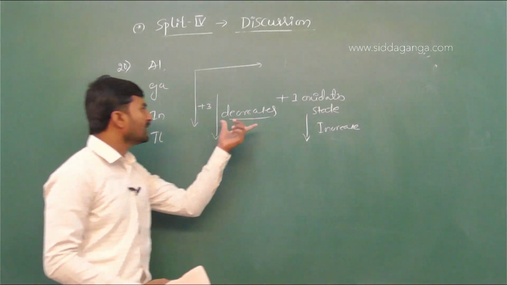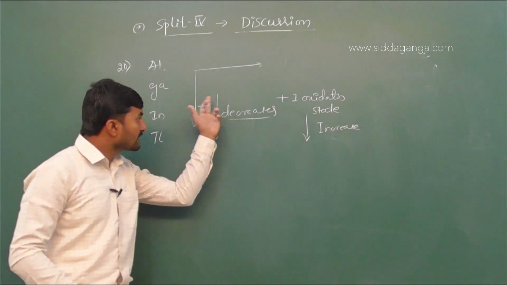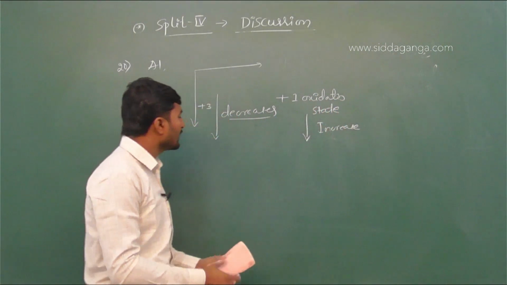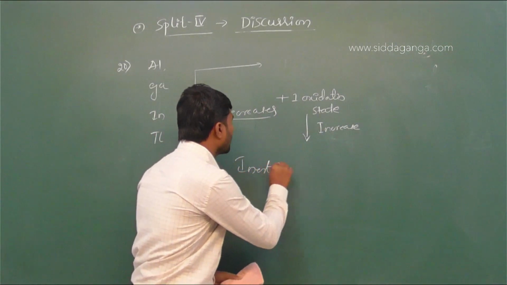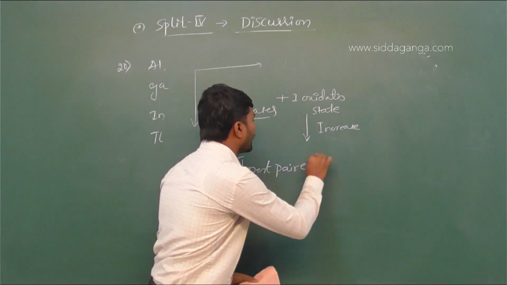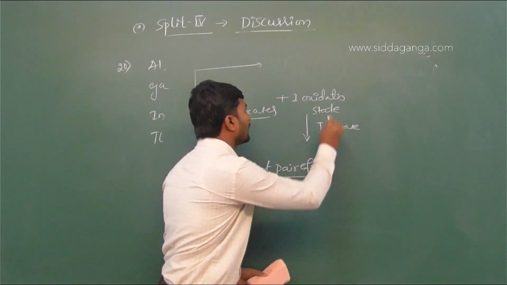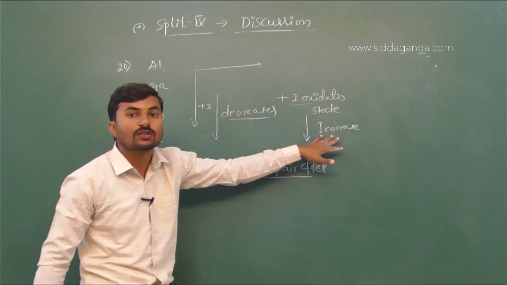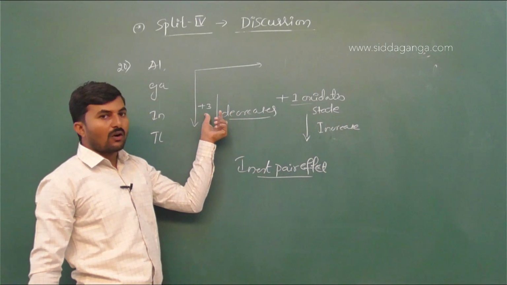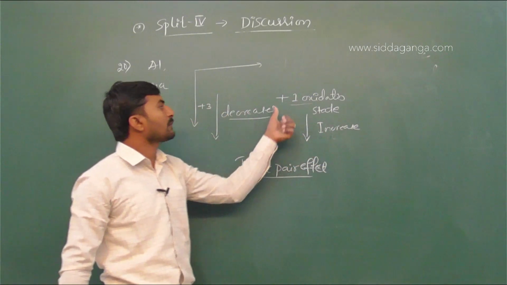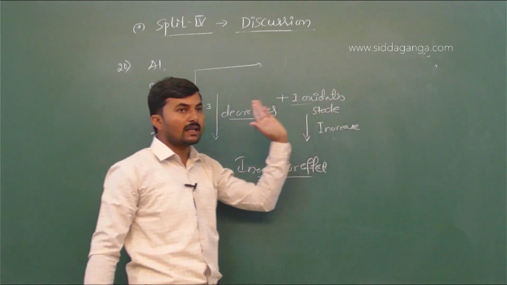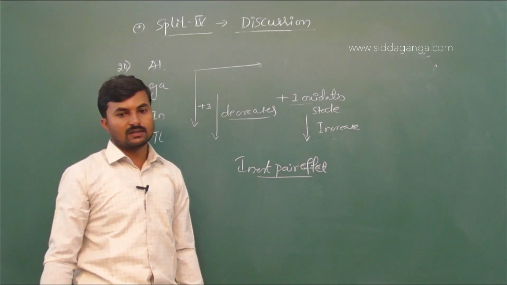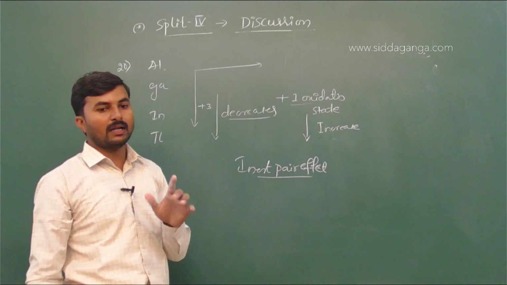For what reason can these two take place? Why does the +3 oxidation state decrease while the +1 oxidation state increases? The main reason is the inert pair effect. Due to the inert pair effect, the +1 oxidation state becomes more stable with respect to the +3 oxidation state, which decreases while +1 increases down the group. So what they are asking here is the stability of +1 oxidation state among aluminium, gallium, indium and thallium